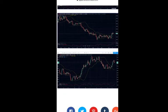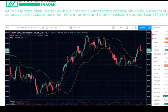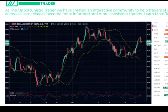Next check, I go to the dollar index and I see, actually, I see the reason to not be so excited about being bearish in gold. If you are looking at the dollar, this is a 4-hour chart. The dollar had a nice 4-hour expansion. We didn't trade on it, but that would have been a good signal to trade on. That now has its momentum broken. So gold, inverted to the dollar in a perfect world,